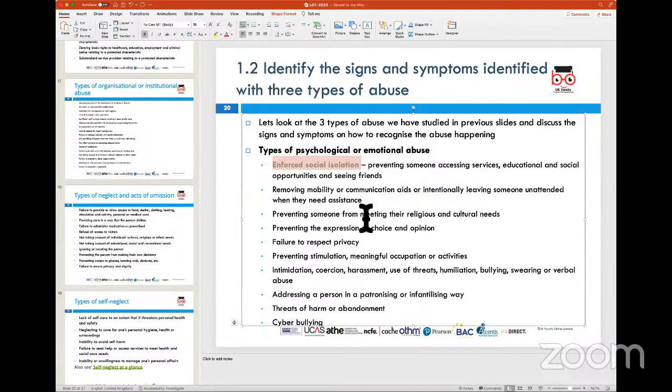So instead of going to the school or going and playing at this age, the child is actually left in the home. And that is a form of neglect, but it is basically contributing towards psychological and emotional abuse. So here is where we need to look at